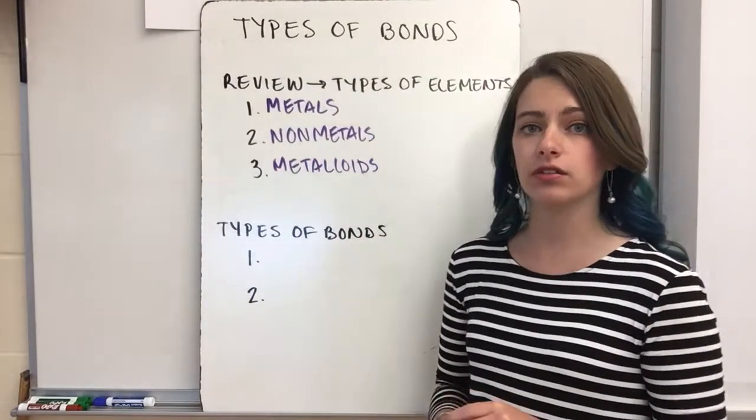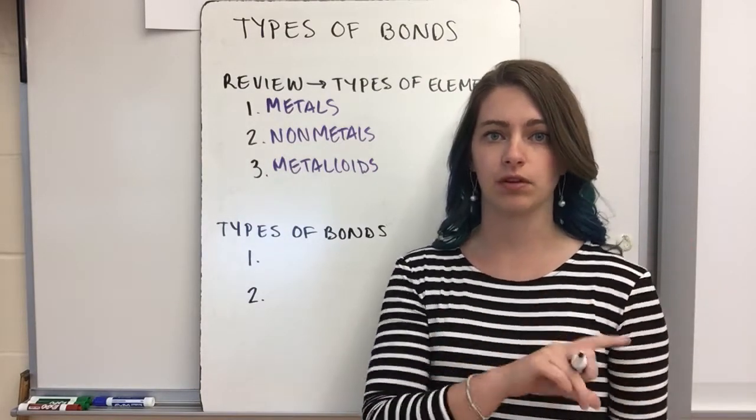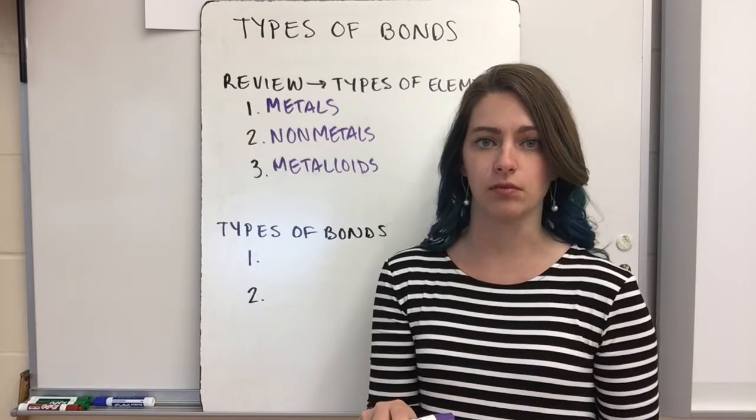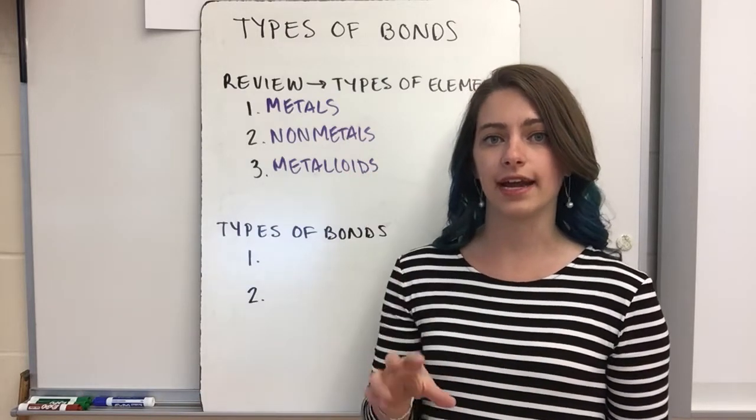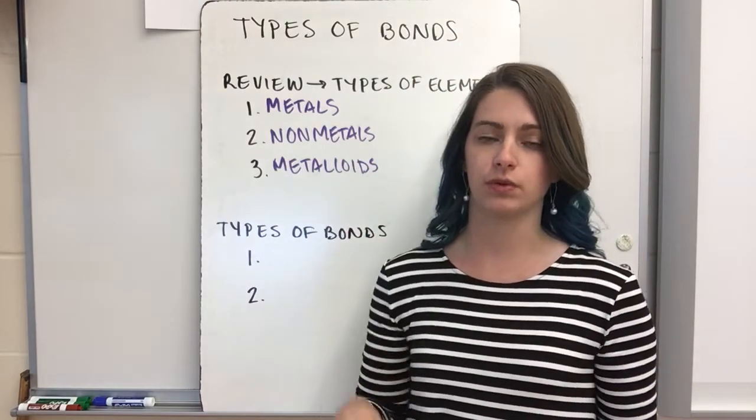Now, remember, our metals are on the center and the left side of our periodic table, and then that strip underneath down at the bottom. Our nonmetals are in the top right-hand corner, and our metalloids are along the staircase that goes down between the